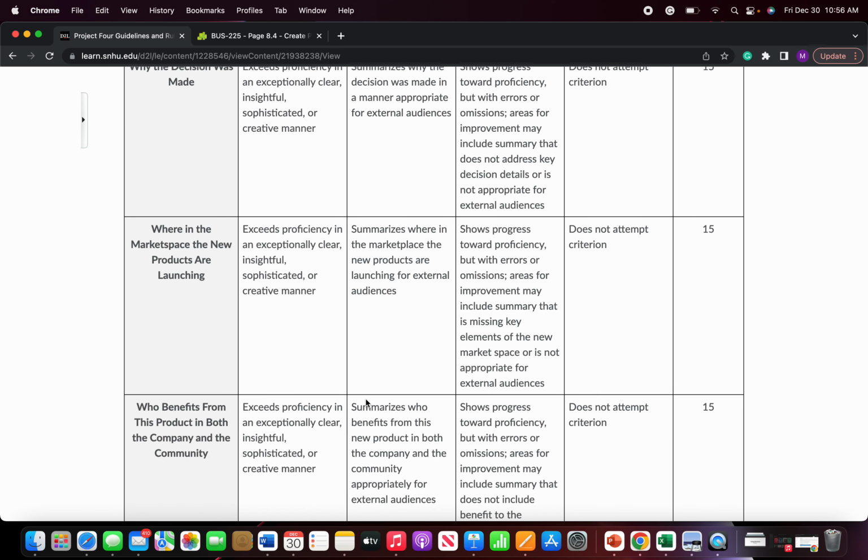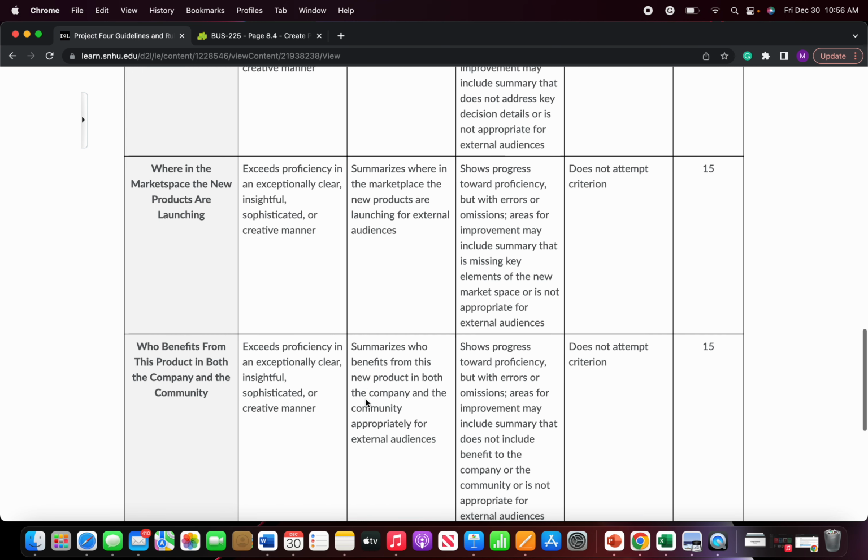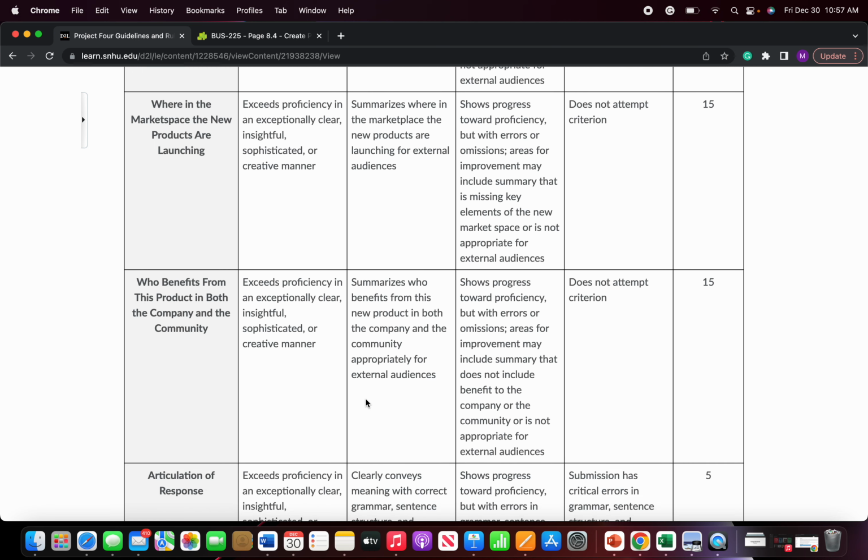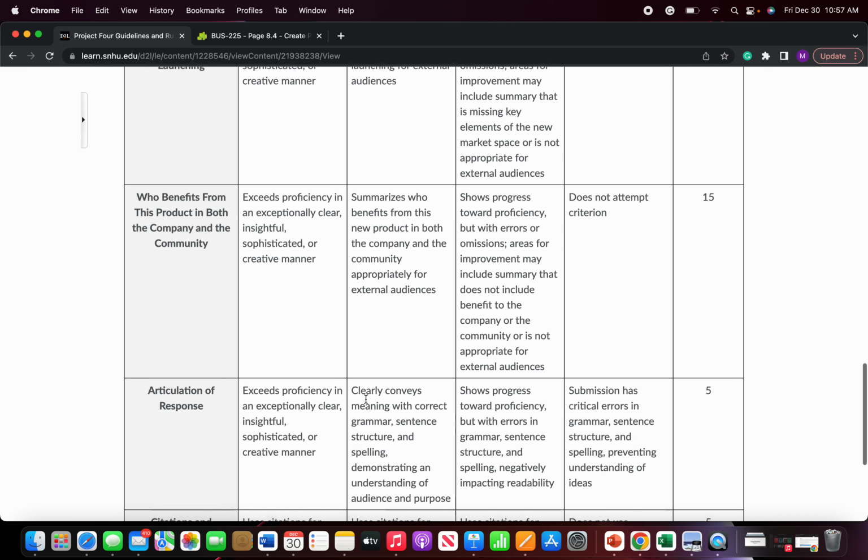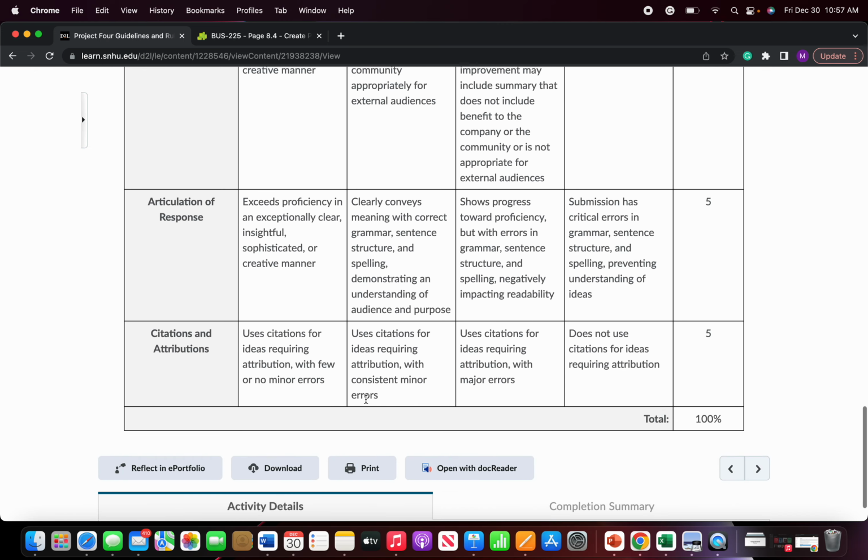Where in the market space are your new products going to launch? And who benefits from the product in both the company and the community? So don't forget to touch on both. Again, this needs to be a well-written press release. Remember, it's something polished. It would be going out to an external audience, so you want to ensure that you're